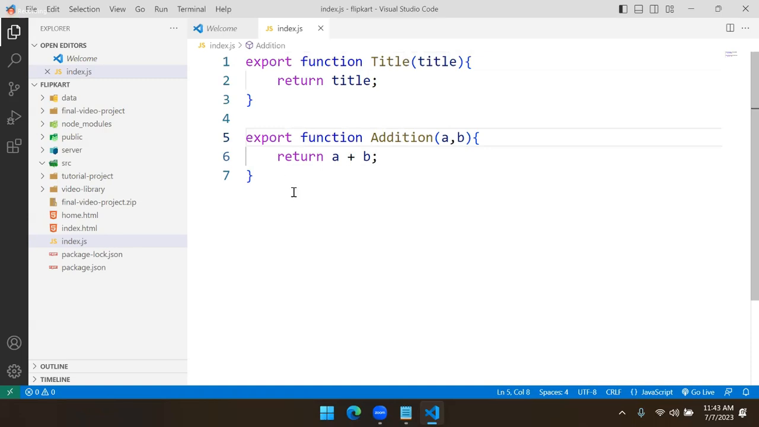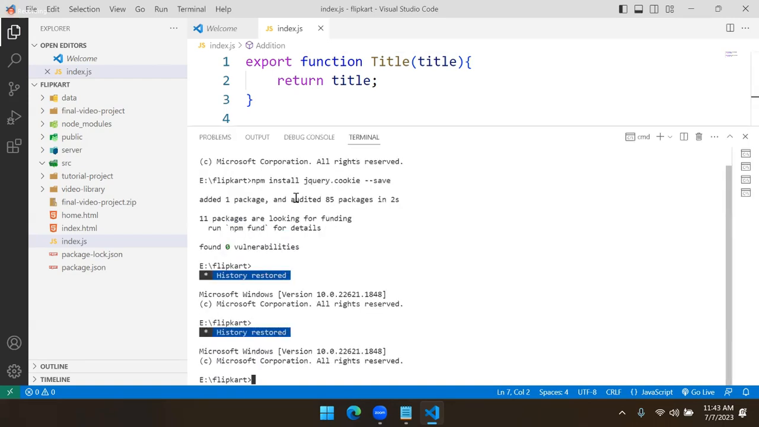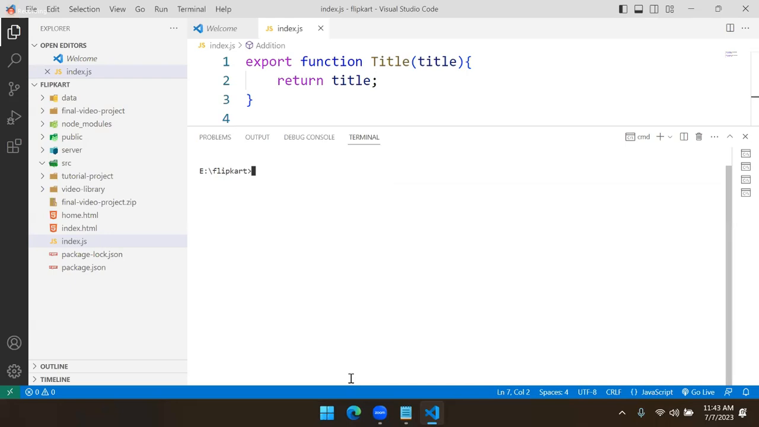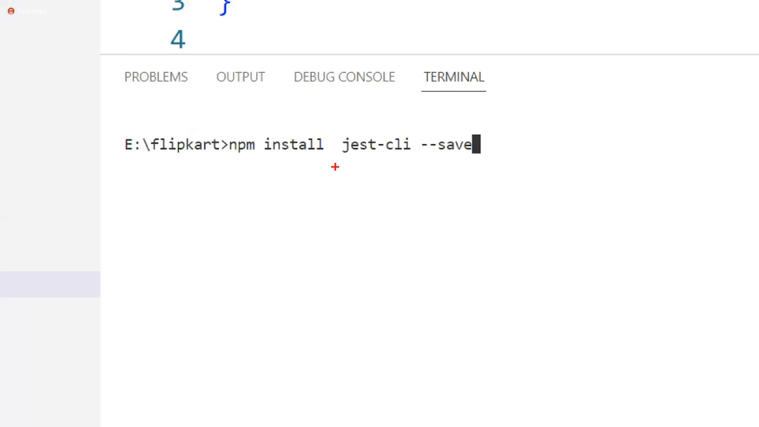Right now, what we need to do is install a testing framework. In your project, you need a testing framework. Actually, the testing framework is installed globally so that you can use it in any project. In Angular, React, in this project, some other project, you can use it anywhere. So npm install jest-cli and save. This is Jest CLI. CLI is command line interface. Any framework you know, right? You have to search in